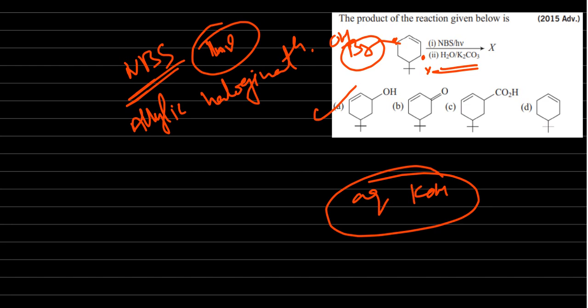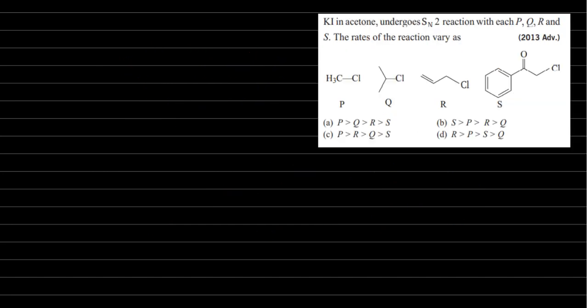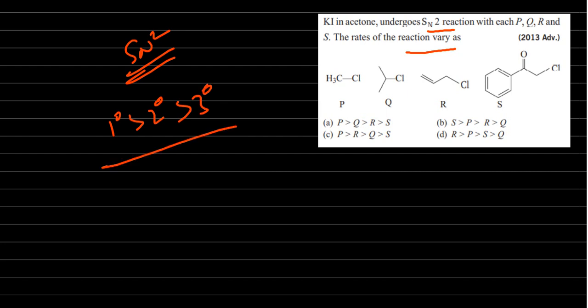Okay, what is the function of aqueous KOH? RX, it will convert into ROH. This is the aqueous KOH function. Next, potassium iodide in acetone undergoes SN reaction with the PQRS. The rates of the reaction vary as, see, SN2 is given, means primary, secondary, tertiary. This is the order. So it is the primary, it is the